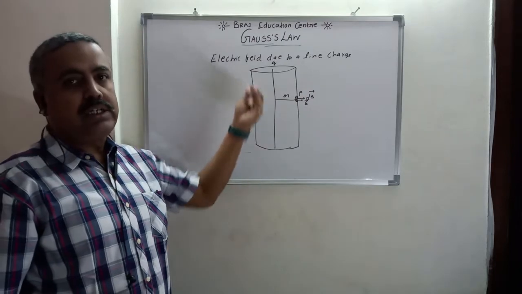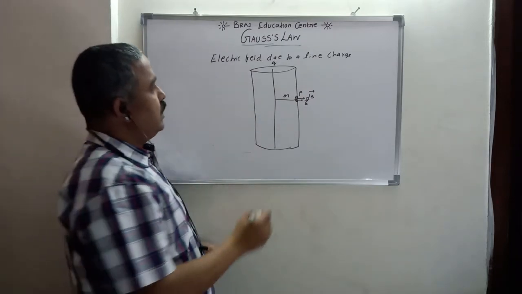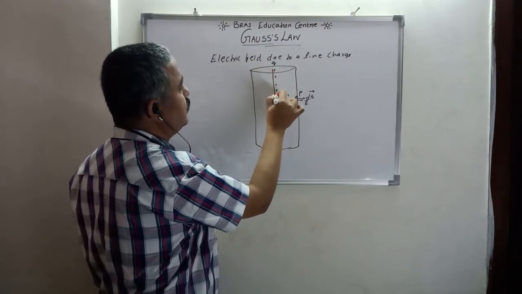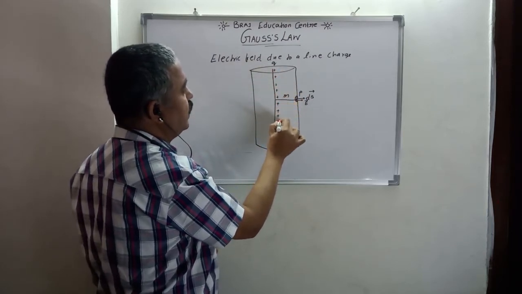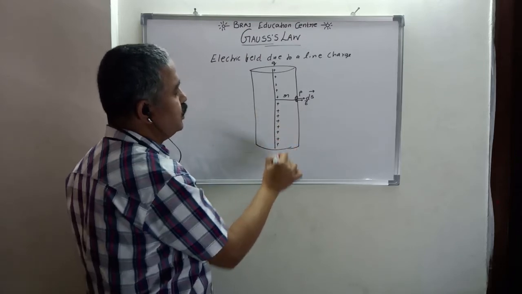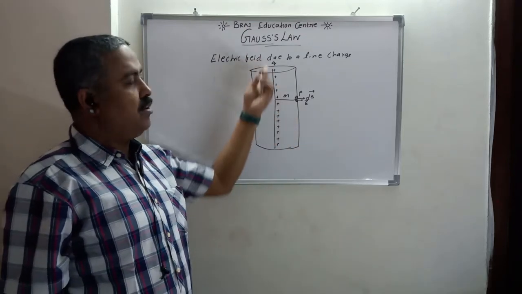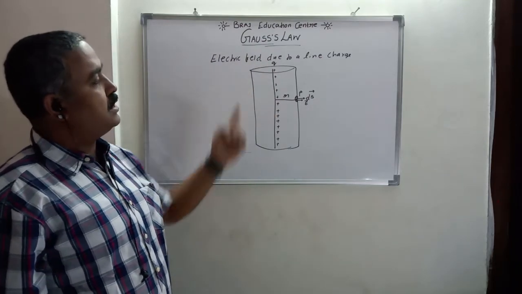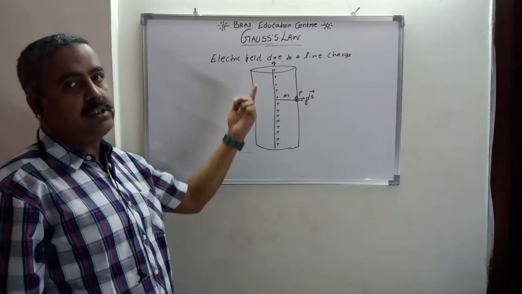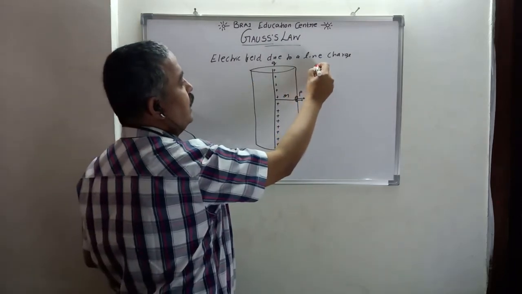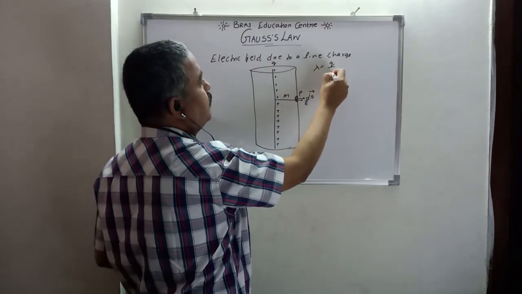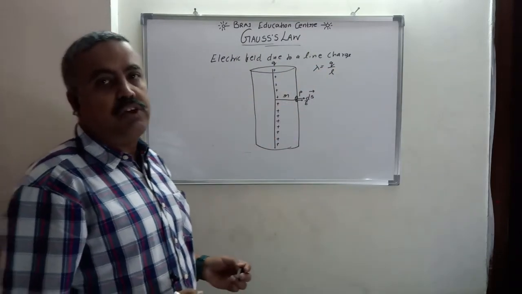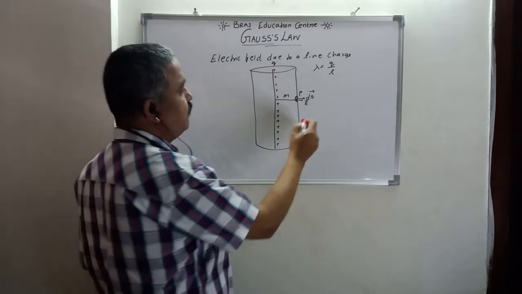So what have we considered here? We have considered a line charge having uniform charge of Q, and we are taking electric field due to this line charge at a distance r from the line charge. The linear charge density for this is given by lambda, which is equal to Q by L. So first of all, we use the definition of electric flux to write phi.